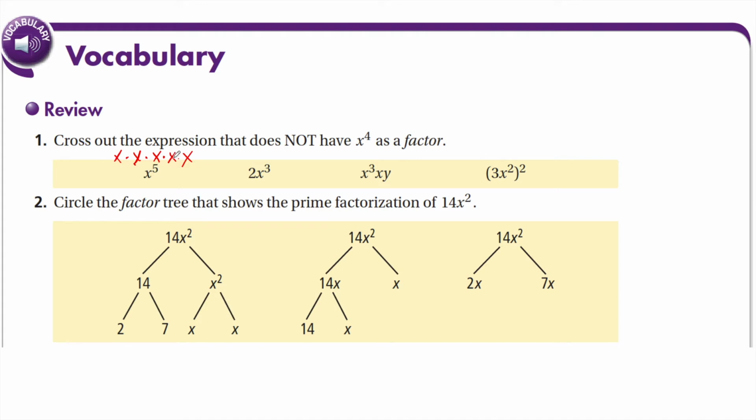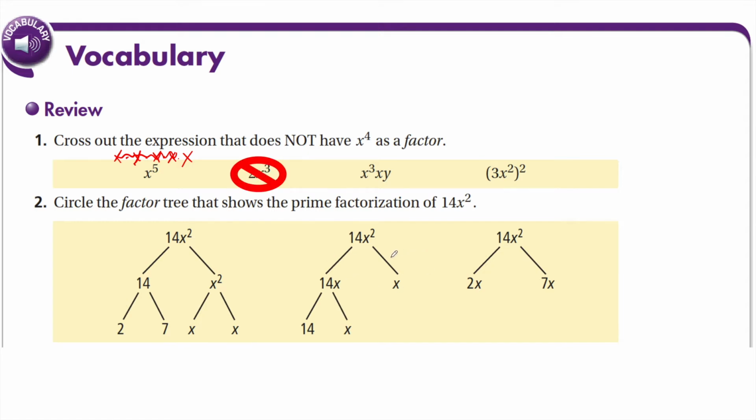Which means that we have 5 of them, which means that we can take out 4 of them and we're still left with something. Whether that's 1 or in this case an x, that doesn't really matter. But we are left with a certain number where x is not in the denominator. Therefore, x to the fifth does have an x to the fourth as a factor. 2x to the third, however, does not, because there are only 3 x's, so we can actually cross out 2x